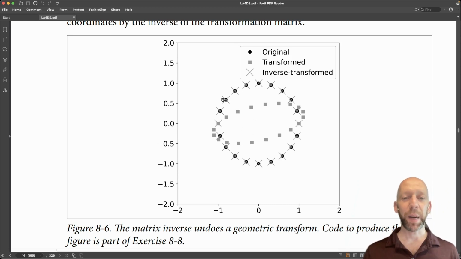And then I applied a transformation matrix to the XY coordinates of those points to transform this circle into an ellipse that you see here, these gray squares. And then I used the inverse of the transformation matrix to get from the transformed data points, so from this ellipse, back to the original data points, which is indicated by the X, so the inverse transformed. Now, the fact that applying the inverse transformation to the transformed points gets us back to the original point